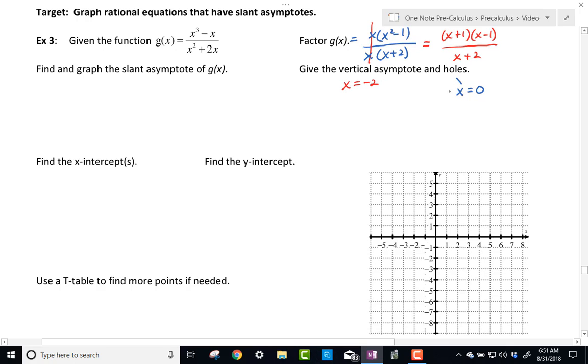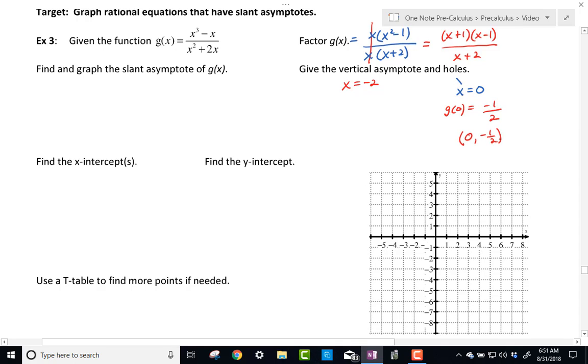To find the y value of the hole, I need to plug in 0 to either the red function here or the blue function after I cross off the x's. I'm actually going to plug into the blue function because it's easier, because 0 squared is 0. Take away 1 is -1. So now we're doing g of 0. So this equals -1 over, and in the denominator 0 plus 2 is 2. So I know I have a hole at 0,